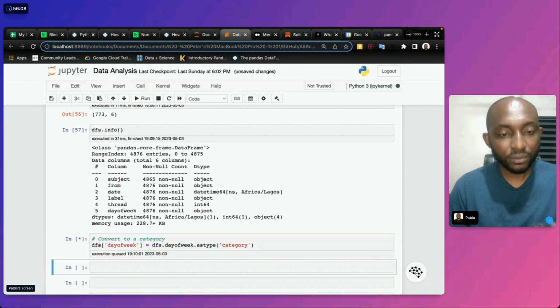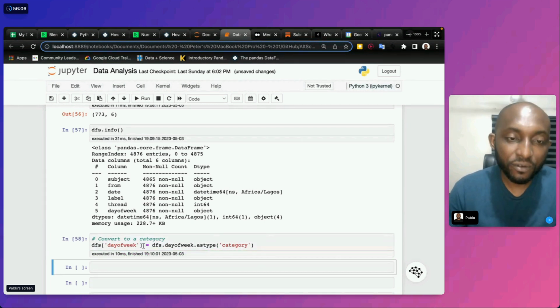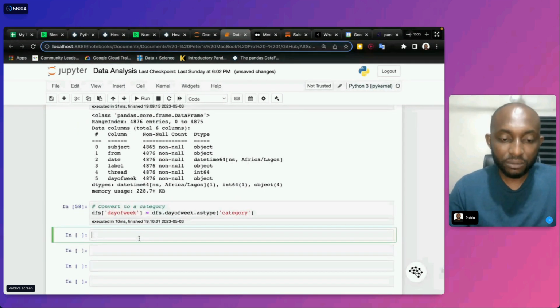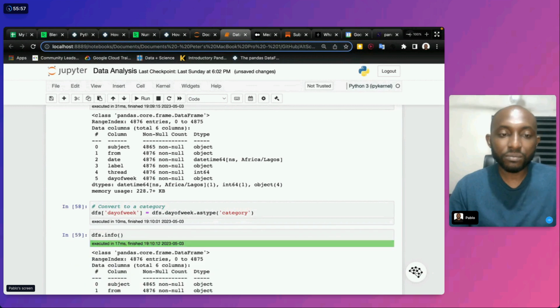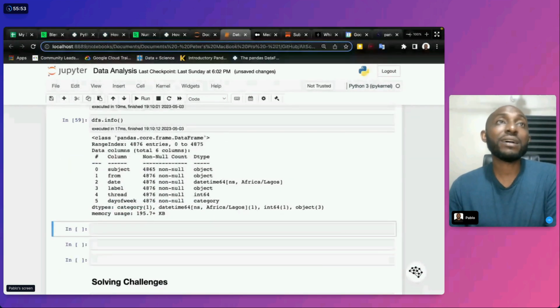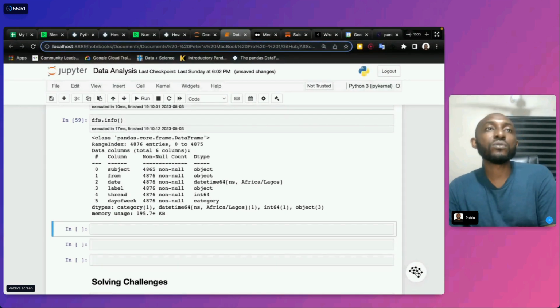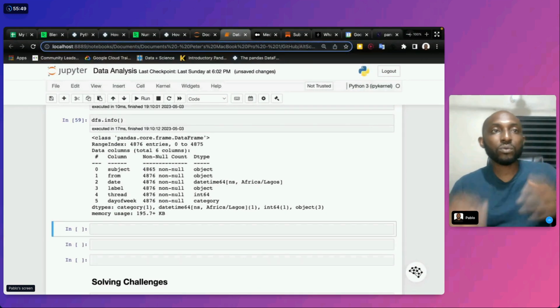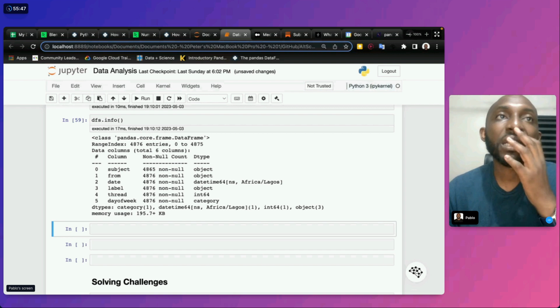Pretty simple. I have converted it. So again, you can do a lot of stuff with your data, and we can convert them to different types.